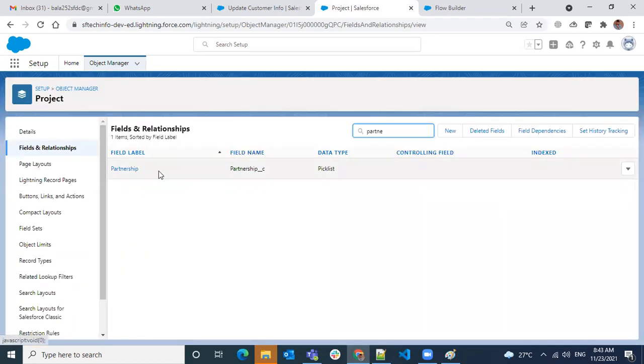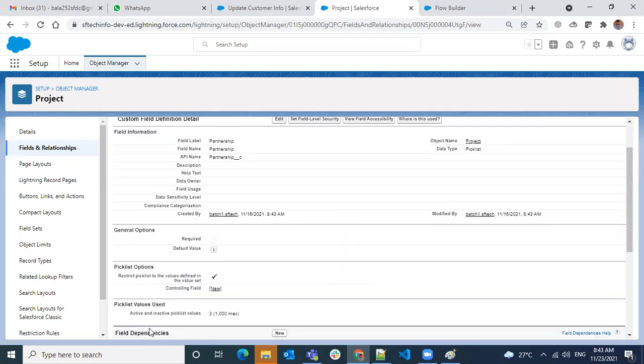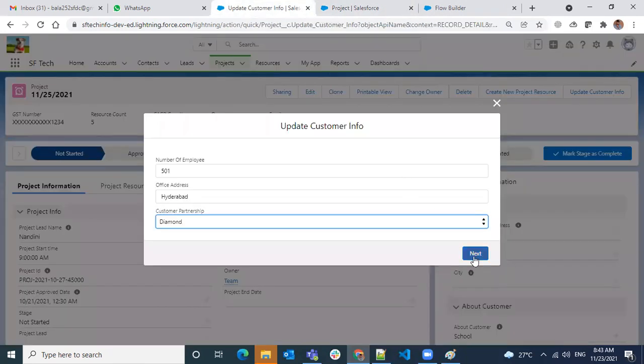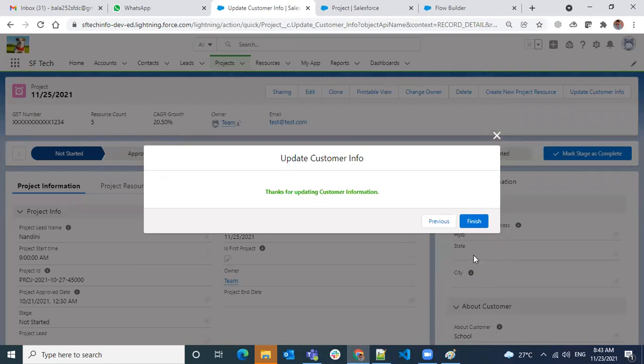If it is a restricted pick list, then only I will get the error. If it is not, it will allow me to save. Okay, so this is a restricted pick list value, so it will not allow me, obviously. It has to take me to the fault screen. Oh, it went. Okay, finish.